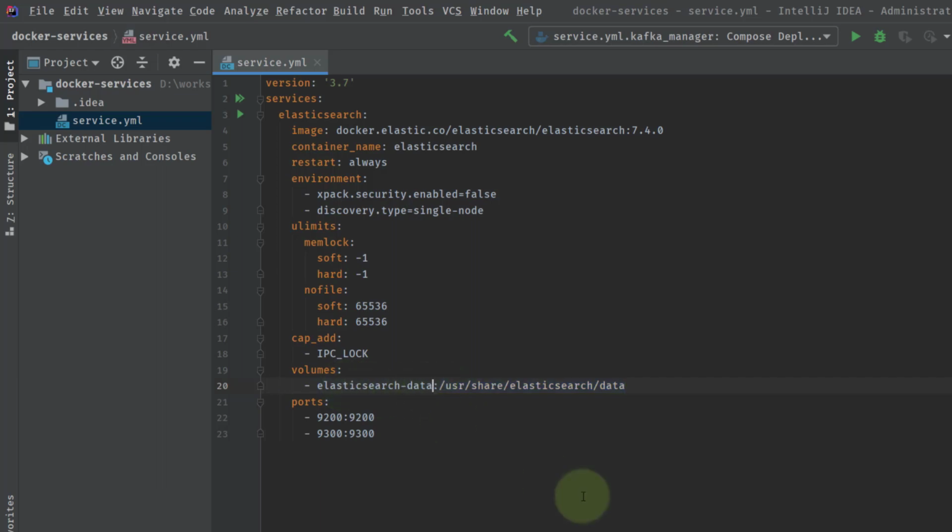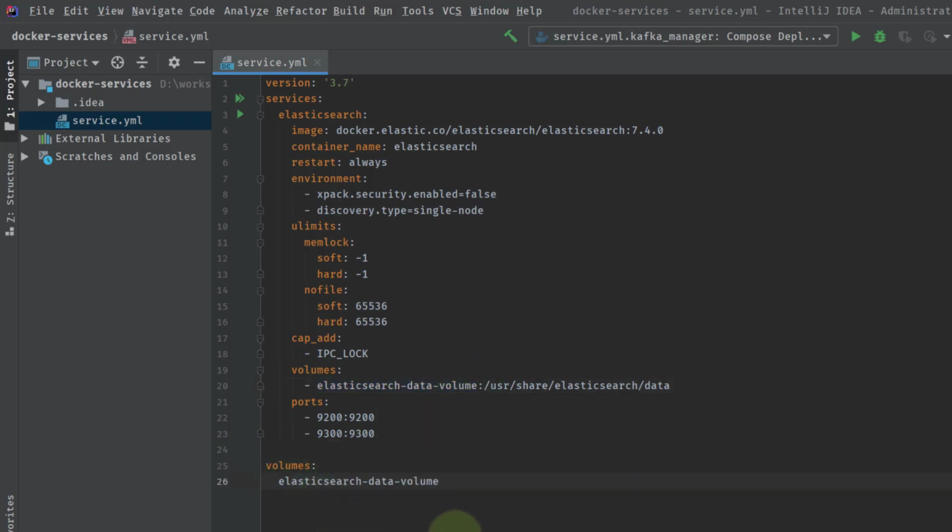I will rename it as Elastic data volume. I'll just say volume. So this is the name of the volume. For that we need to create the volume, and I am going to create the volume here at the bottom because I need to specify it. So I'll just say volumes, and the name of the volume will be what? I'll just copy paste it. So Elasticsearch volume DB here.